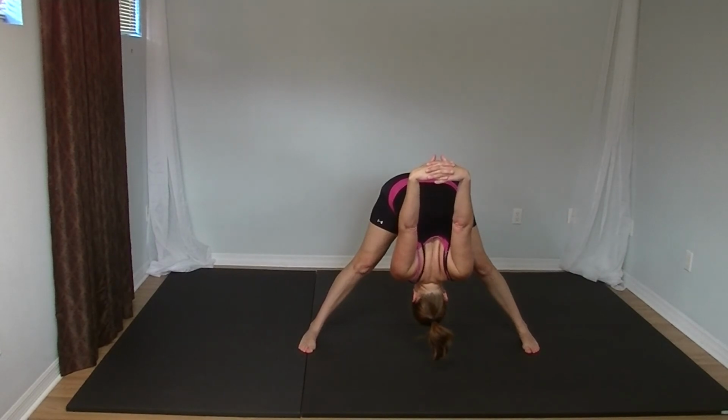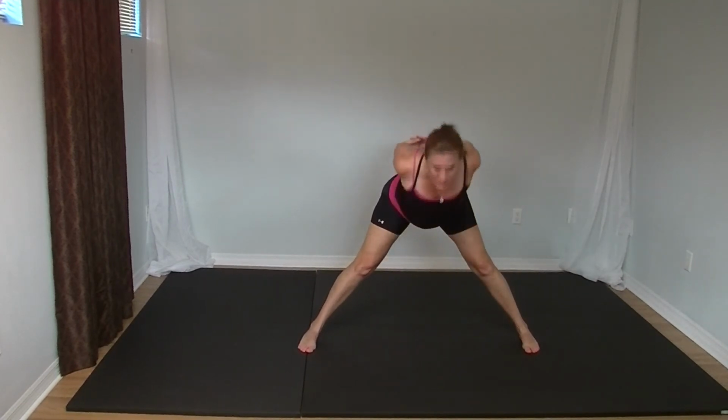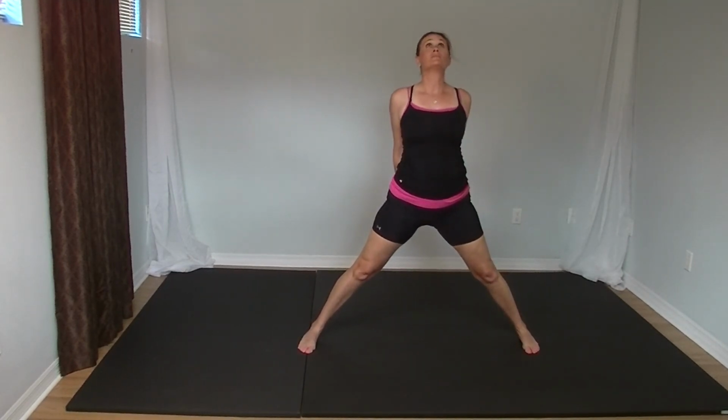Soften the knees if you need to. Let that head completely relax. Let those arms, those shoulders relax. As you inhale with the spine long, slowly look up and rise. Keep those hands together all the way to the top, lifting and opening through the chest, and then slowly release